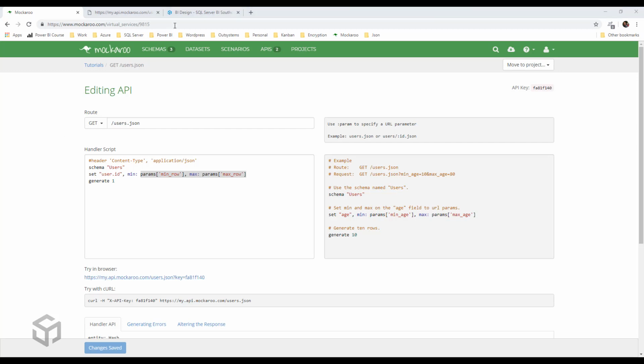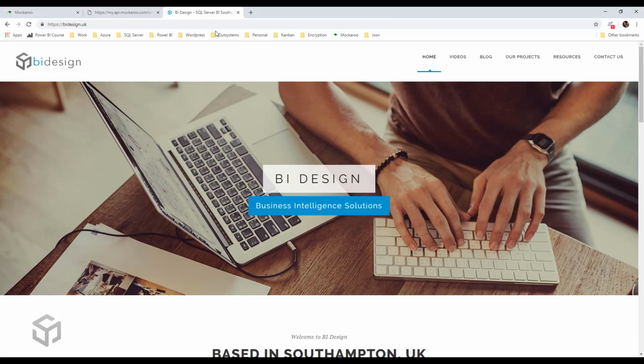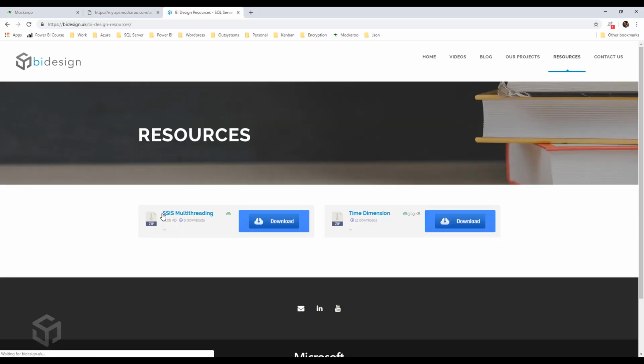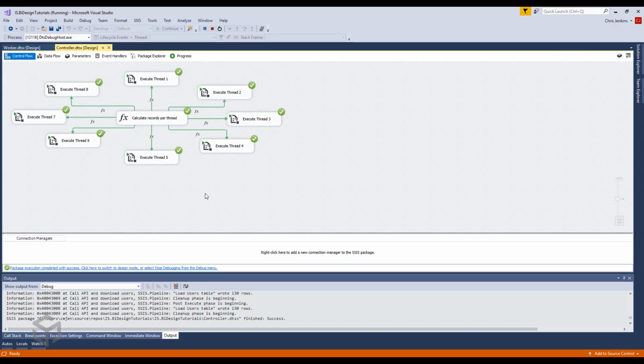You'll also find the resources available on the website, bidesign.uk, and the resources page there will have a download for SSIS multithreading. So if we just jump back to our package,